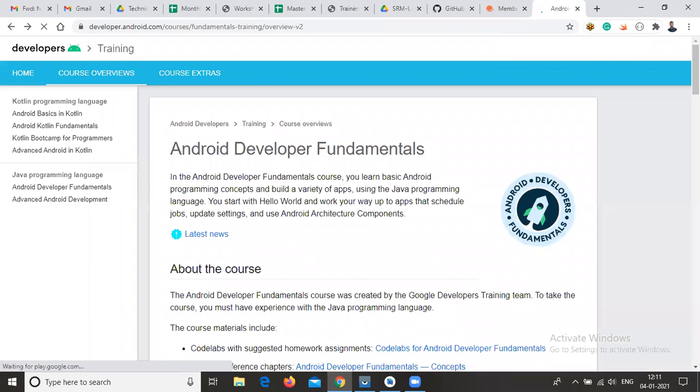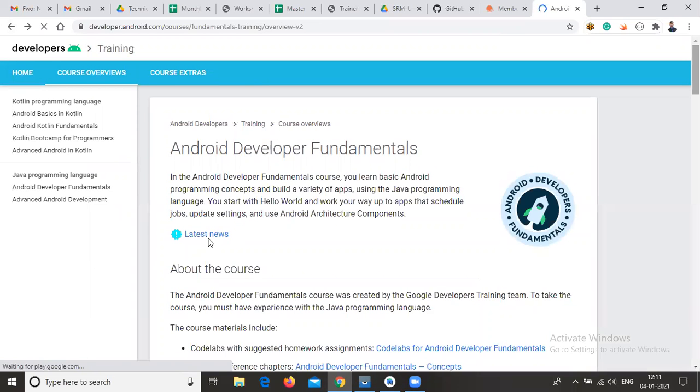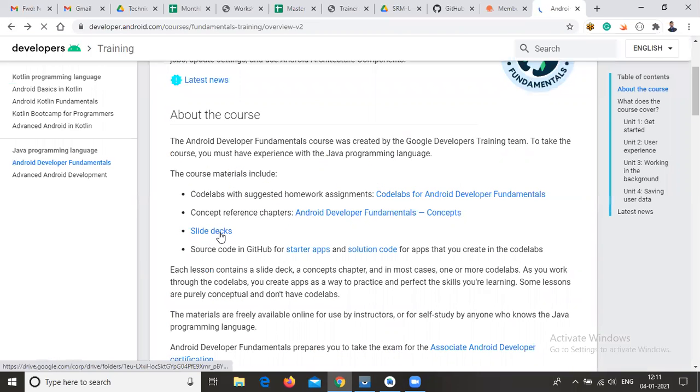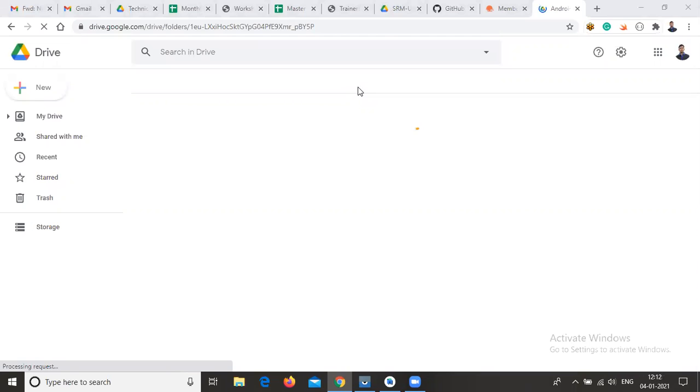Click on slide decks, and it will navigate to your Google Drive. In that, the PPT is concept number 4.3, menus and pickers.